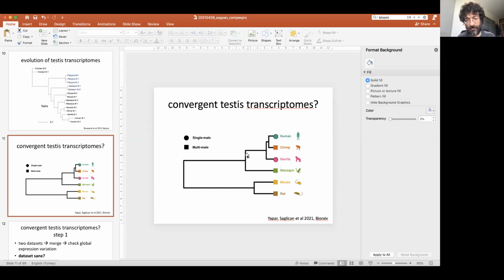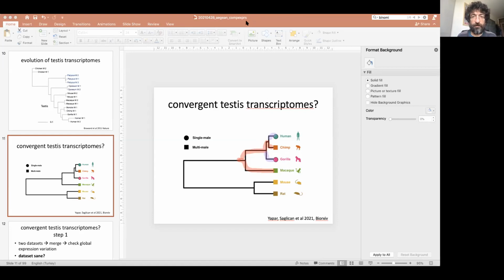You could imagine that we could have a multi-male pattern here that was inherited to the macaque, and also a multi-male pattern here that the chimp received, but then in the human branch and in the gorilla branch, there might have evolved a single male pattern.